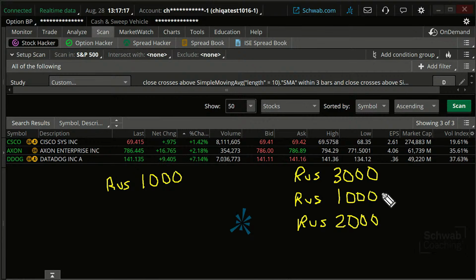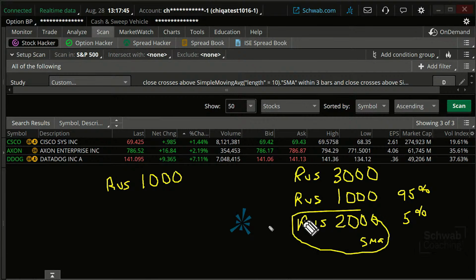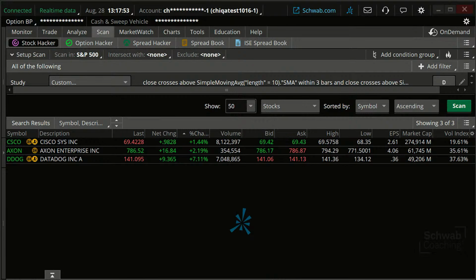So essentially, these are the biggest, the Russell 1000. The market cap of the Russell 1000 is approximately 95% of that Russell 3000, by the way. Okay. And so the Russell 2000, which has 2,000 stocks approximately in it, is only 5% of the market cap. These are the small cap stocks. Well, I don't want to look for the small cap stocks here, but I wanted to expand beyond that S&P 500. So what I'm going to do is I'm going to look for that Russell 1000 there. So if you want to expand it out, you can do it that way.